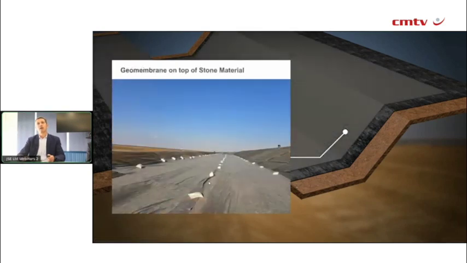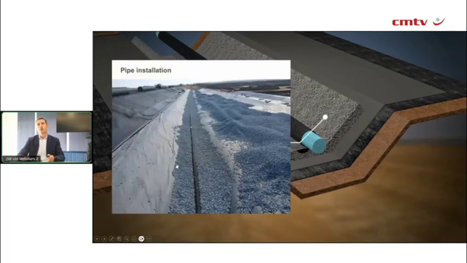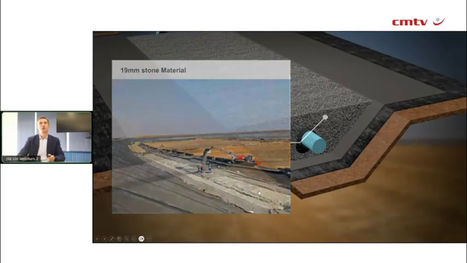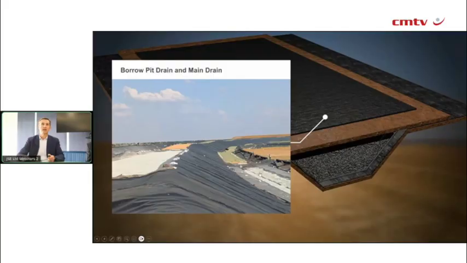The next layer will be a stone base layer that we put down, and then on top of the stone layer you place this perforated pipe, which is the main water-removing system. So this pipe is perforated and it's on a bed of stone, and next you'll cover that pipeline with additional stone material, as you can see there, until it's leveled out.